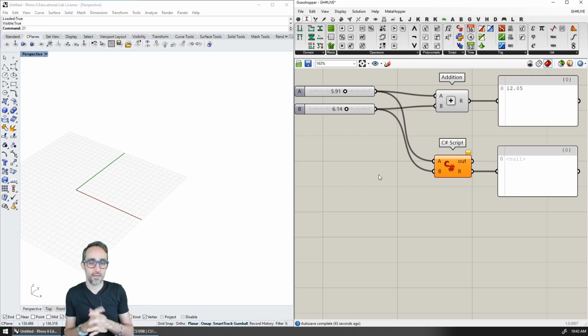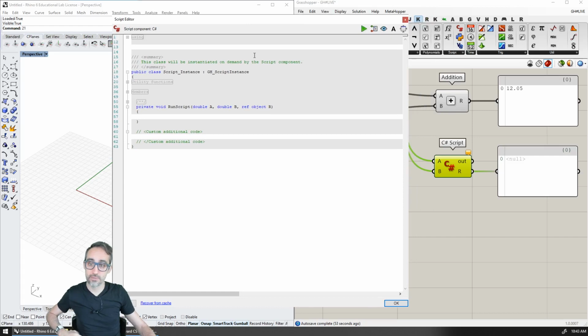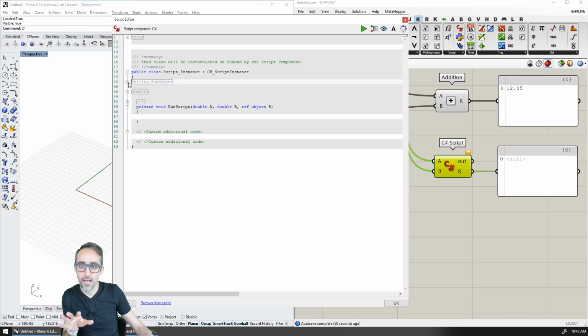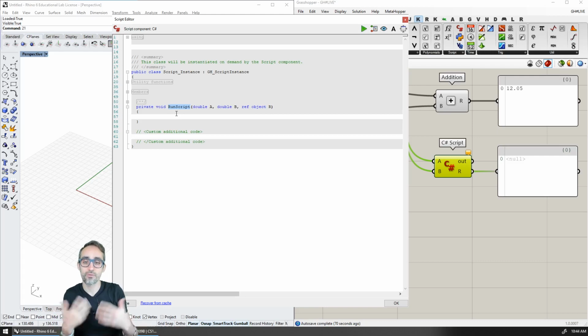in the component. In order to modify the component and to start writing code, we're going to double click inside of the component here. And then what I'm going to see is this screen that has a lot of stuff, and I can actually expand and contract these initial sections. We're not going to get into what any of this means today, but I just want to let you know that the important stuff is this function here. This is a C# function, which is the function that is executed every time this component needs to yield a